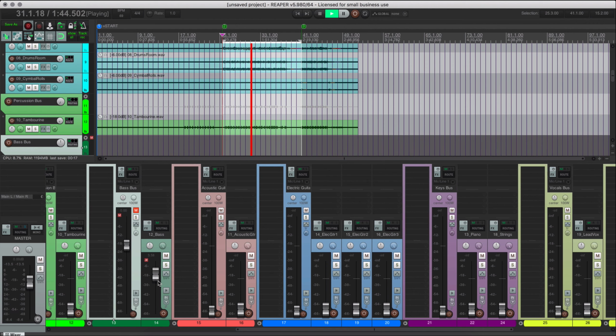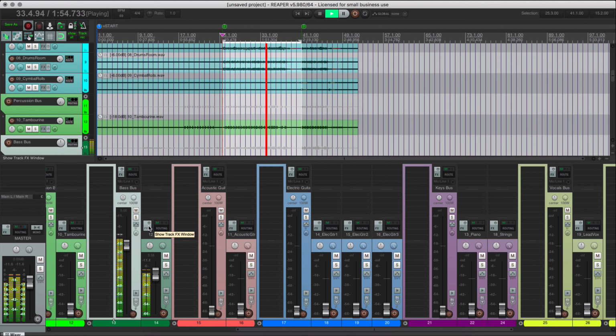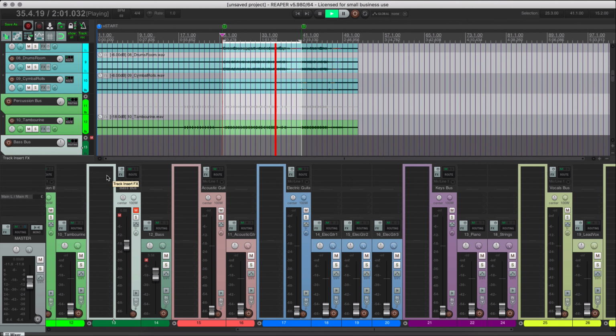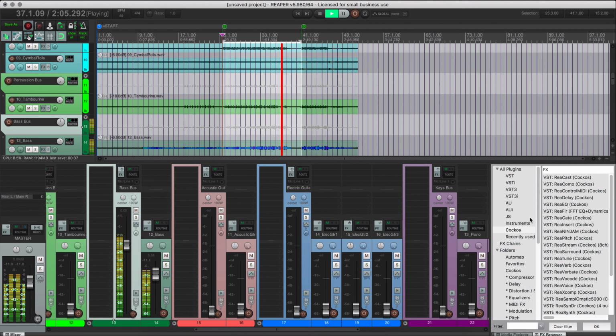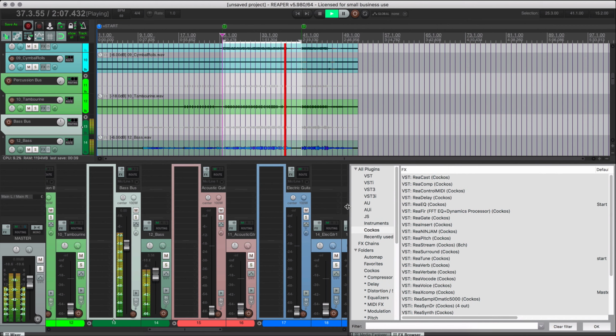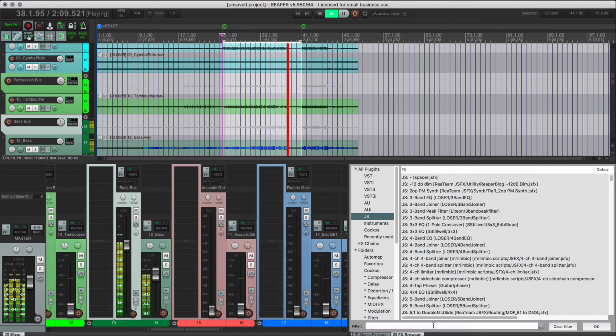It's not a bad sounding bass. It's pretty even. There's a good bit of brightness and plenty of lows. It sounds pretty good. So I think I will put in a little bit more compression in this. So I got to go to a plugin that I haven't used in the previous one. So the JS folder is probably where I'm going to find a compressor that will work with this. I think the one I'll use is the Major Tom